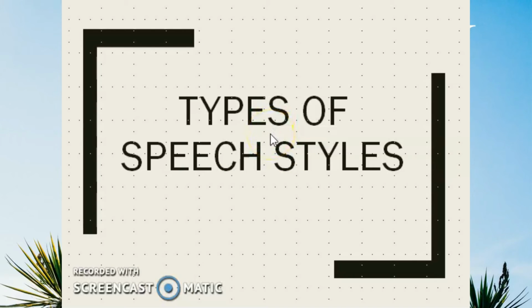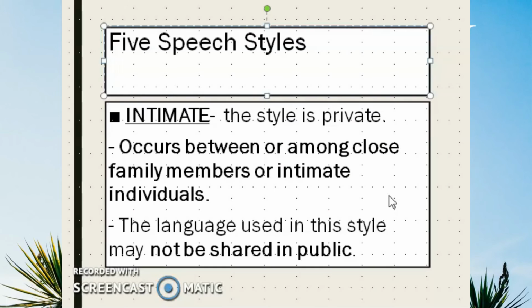In this, we will be dealing with the styles on how you communicate with someone. So the first speech style that we have is intimate. So we are only using this style with our close family members, with our loved ones, and with our partner, in which we tell information that is private. We are sharing something that must not be shared publicly. The way we communicate to someone differs depending on whom we are talking to, right? So, if you are talking with your family, if you're talking with your partner, you are much sweeter.